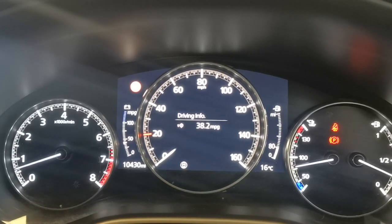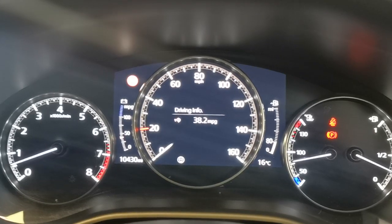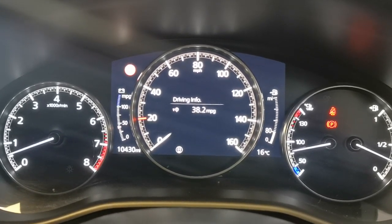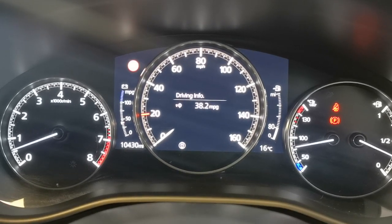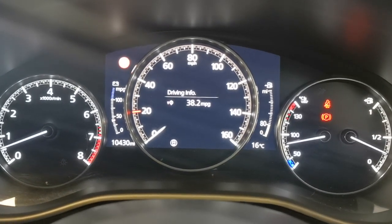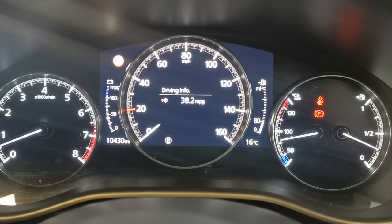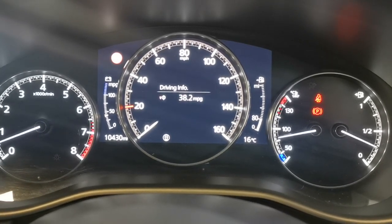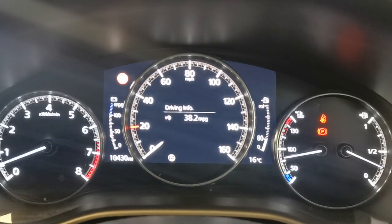The mileage I can confirm is 10,430 miles. To the right hand side is the amount of fuel that's left in the tank, 80 miles worth at the current time of recording this. So 80 miles worth, quarter of a tank. You might get more, you might get less than the current stated MPG, as I've said. But the range will also alter according to how the vehicle is driven, obviously. Traffic sign recognition up there,